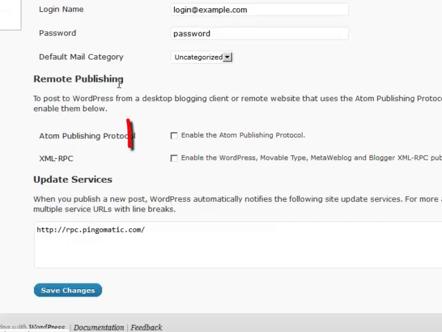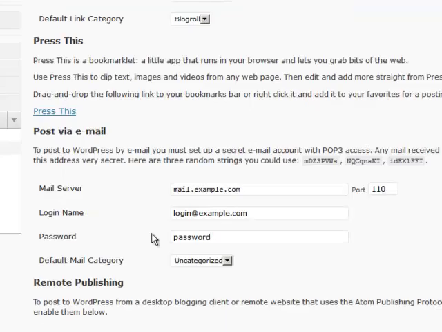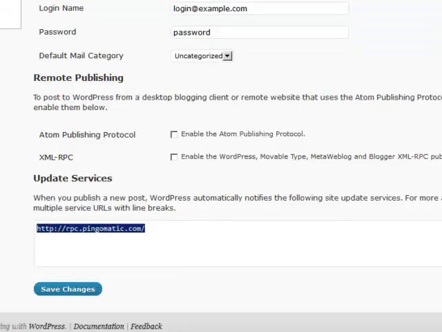However, I do a lot of remote publishing through a Firefox add-on called ScribeFire, and you can just look it up. So I click both of these. That enables remote publishing. And then the most important part here is in update services, I delete that and I